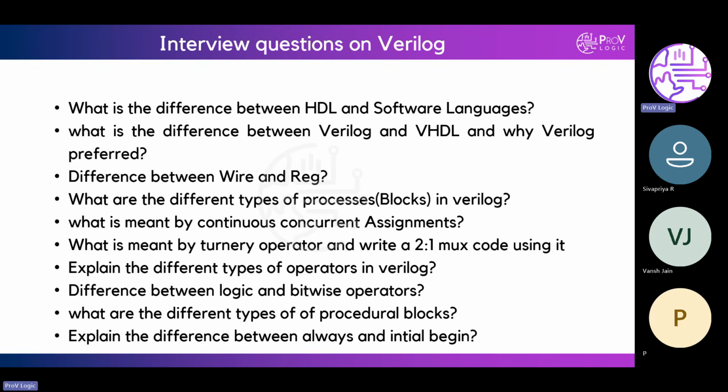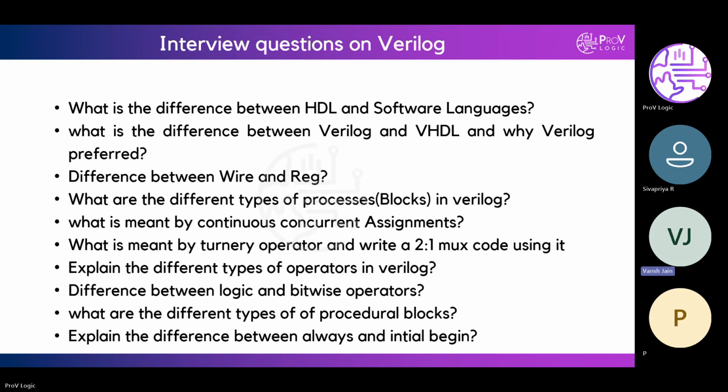Yeah, that's correct. Do you want to add any point to this? The points are the same. The initial block runs only one time. The always block keeps on running if there is any change in the sensitivity list.